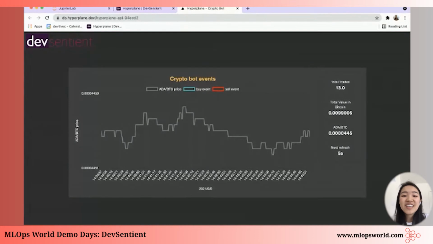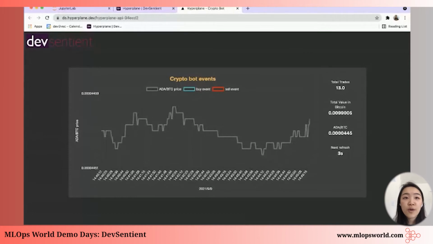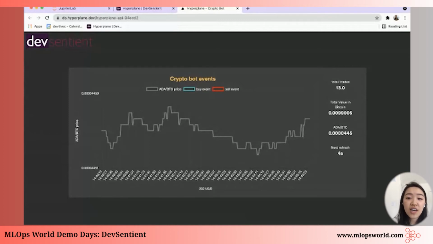Again, the point of this isn't to show that we've created a very cool crypto bot or this dashboard specifically, but that it's very easy for machine learning scientists to expose an API endpoint that can be accessed by other teams, or even display a dashboard. And they can really just do this from within the JHubs and within a notebook, and then spin up a service and get something up and running very quickly.